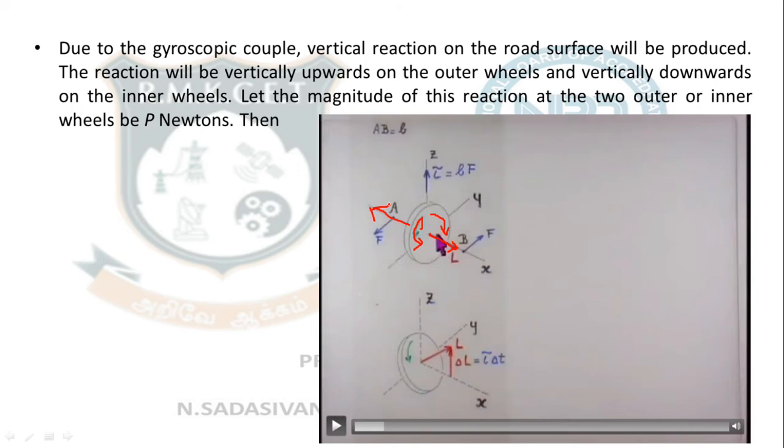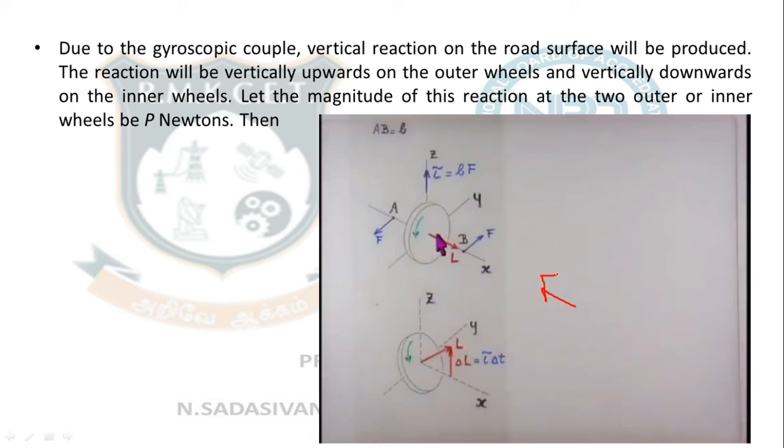Now you use whatever thumb rule you want, left hand rule, right hand rule, whatever, to put this in your mind. So let us say if I look from the front, my wheel is going anti-clockwise, then your angular momentum will point towards you, the viewer. If it is going clockwise, it will point away from the viewer, right? So keep that very closely in mind.